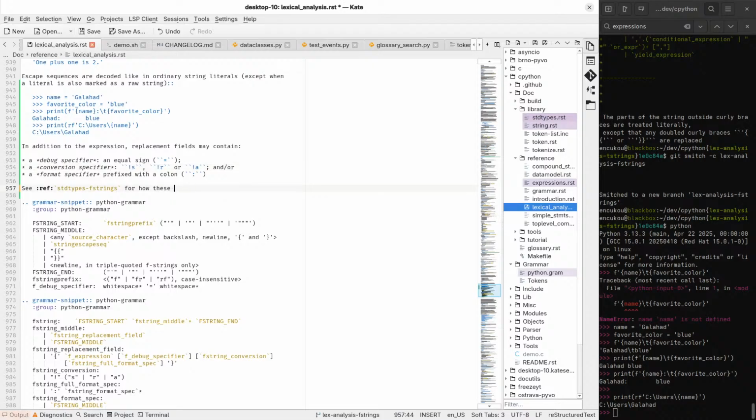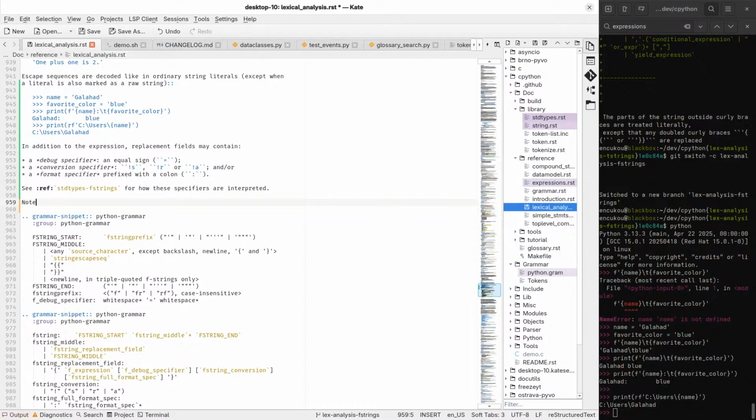Let's call them all specifiers. Note that white space on both sides of this debug specifier